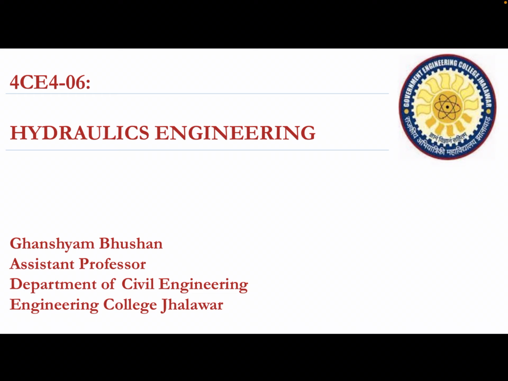So we have completed our first unit, that was dimensional analysis and similitude or model analysis. In that chapter we have seen various types of parameters like dimensionless numbers. We have seen two theorems, Rayleigh's method and the Buckingham Pi theorem, and we have seen why Buckingham Pi is much better than Rayleigh's method, because if the number of variables is huge, like 6, 7, 8, 10, then Rayleigh's method will become very complex.